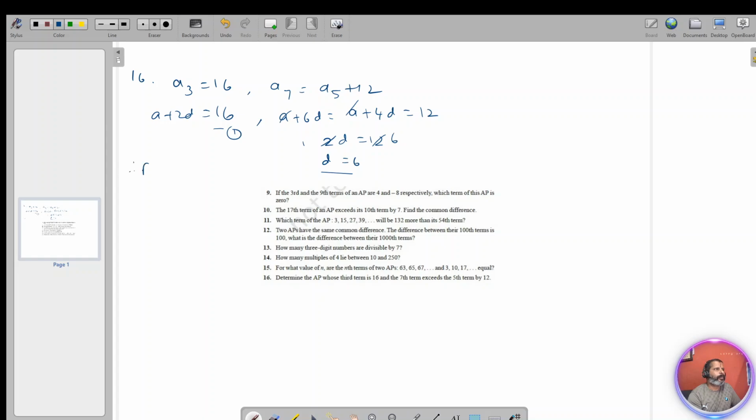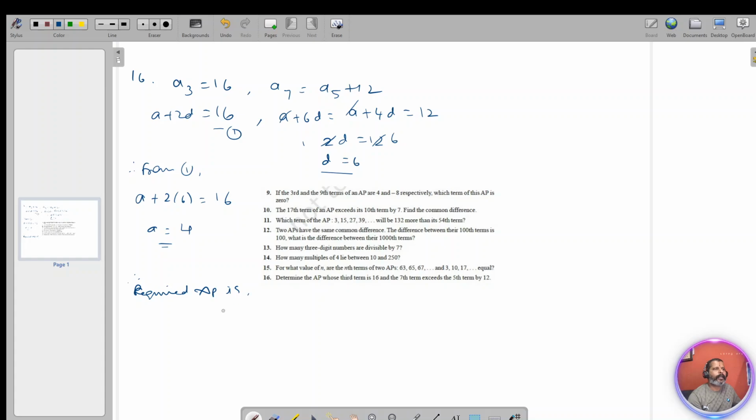Therefore, from 1, A plus 2 of D, which is 6, is 16. Therefore, A equal to 16 minus 12 is 4. We got A as 4 and D as 6. We want to construct the AP. They want us to determine the AP. Therefore, the required